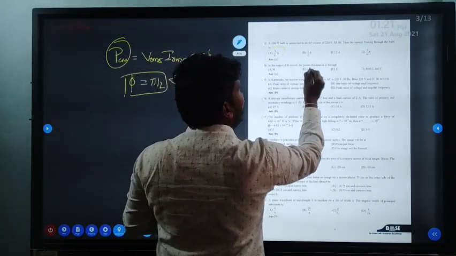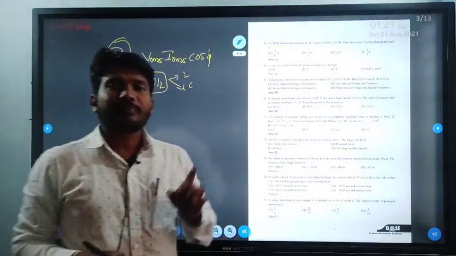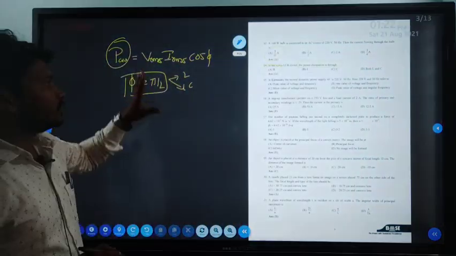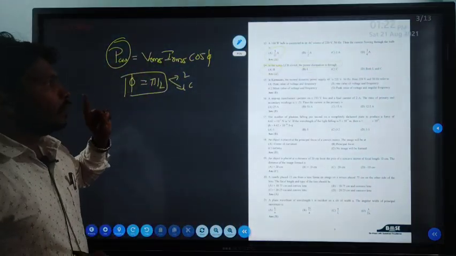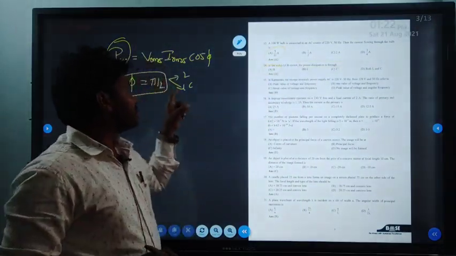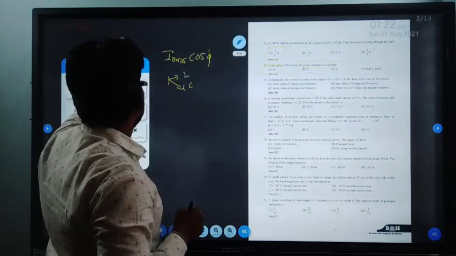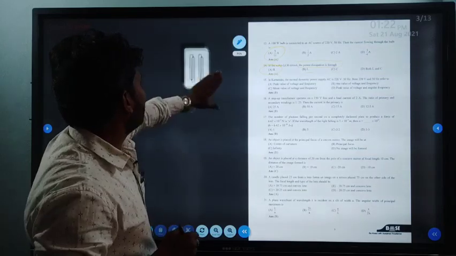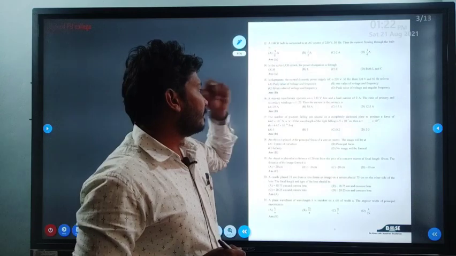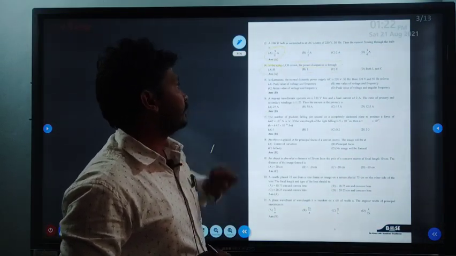So they ask that power dissipation occurs only in case of the resistance. Why? Because in case of resistance, current and voltage exist in phase, whereas in case of inductor and capacitor, there exists a phase difference of 90 degree between that current and voltage we shall consider. So by the equation P, which is equal to VRMS into IRMS cos theta, we got that power dissipation occurs only through the resistor. Let me read that next question.